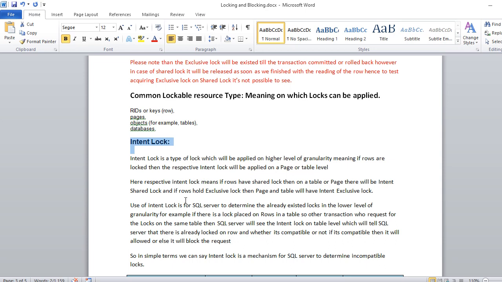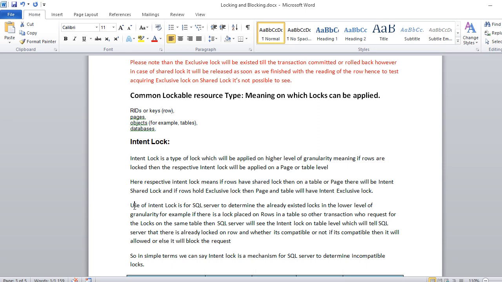Respective intent lock means if the rows are holding the shared lock, then the higher levels of granularity, that means table and pages, will have the intent shared lock. If the rows are holding the exclusive lock, then the page and table will hold the intent exclusive lock.